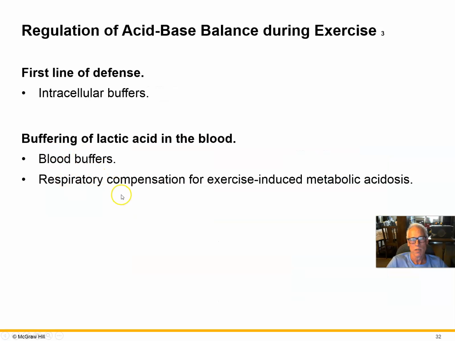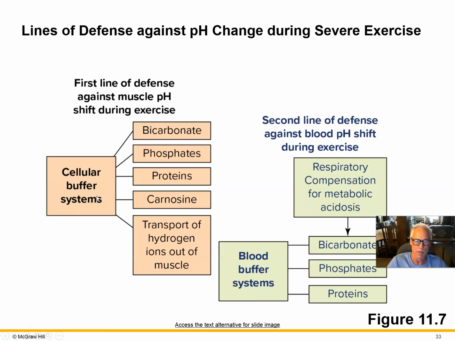Oh yes, and the respiratory system will begin to increase ventilation. We've already seen that the chemoreceptors in your carotid bodies and aortic arch, those peripheral chemoreceptors, will sense the acidification and increase ventilation rate to help us blow off that extra CO2 that's produced by swinging those reactions to the left, from hydrogen ion to forming CO2.